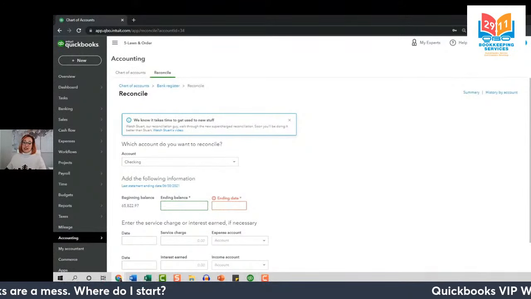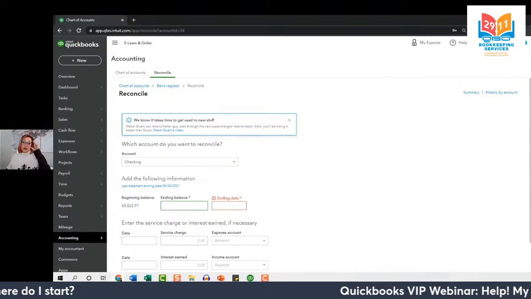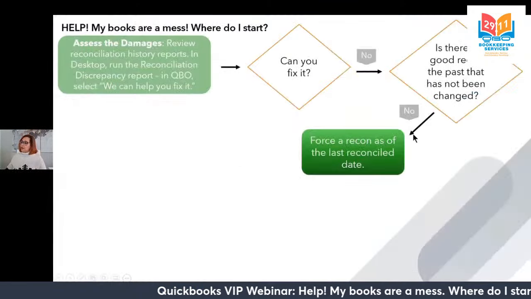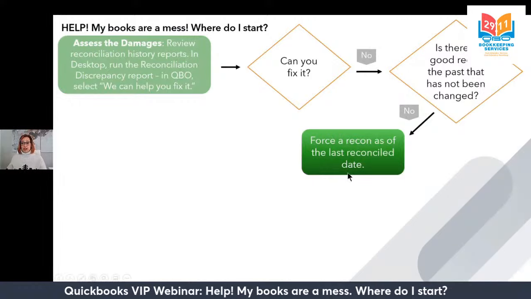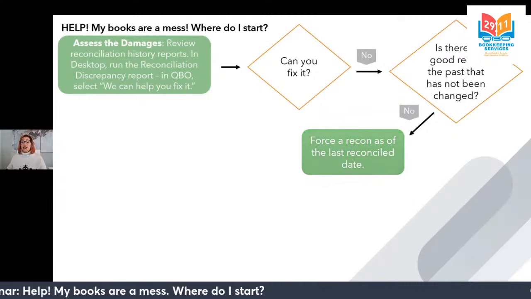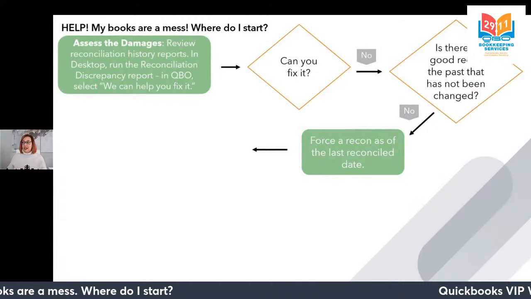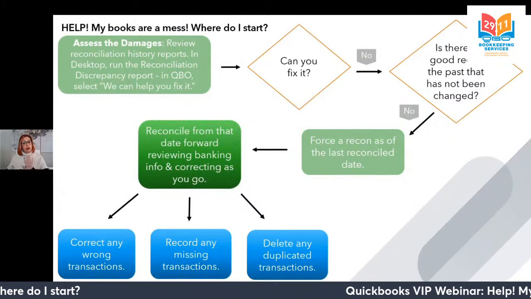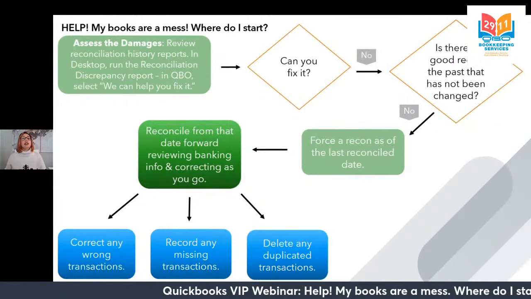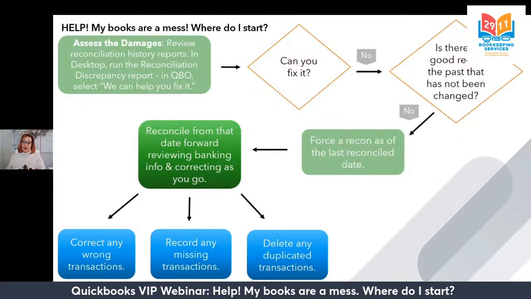Now, if, for example, your last good reconciliation was in the prior year, then instead of forcing the reconciliation as of the last reconciled date, you'll force it as of January 1st. But either way, once you force the reconciliation, you can reconcile normally going forward, correcting as you go, because that'll help you clean up that mess and every month moving forward.